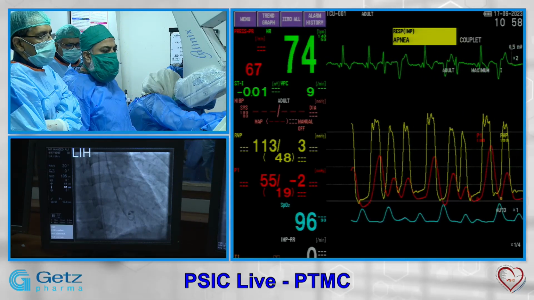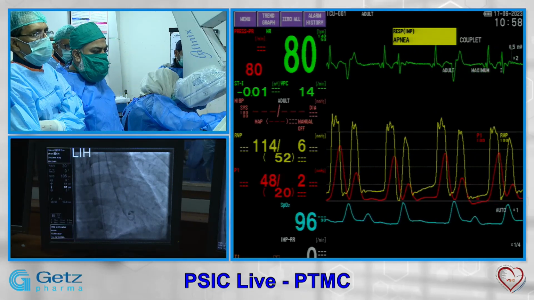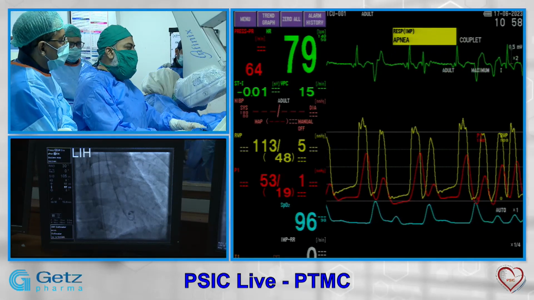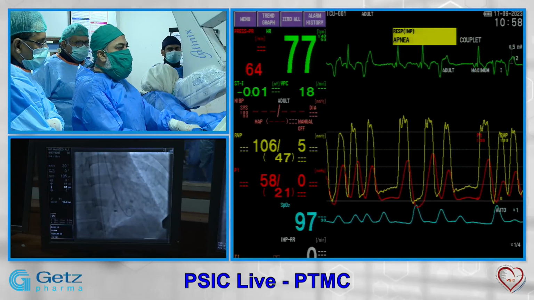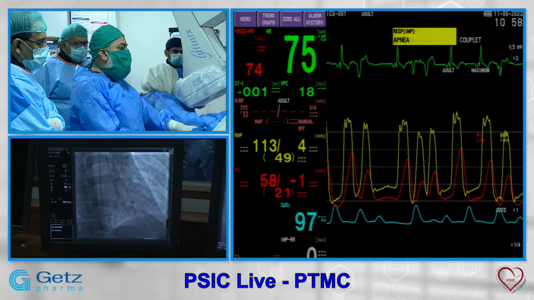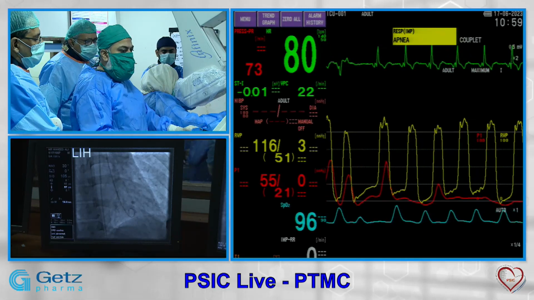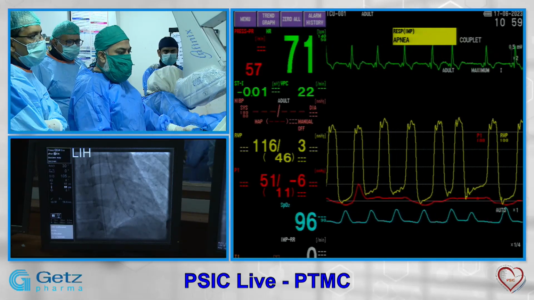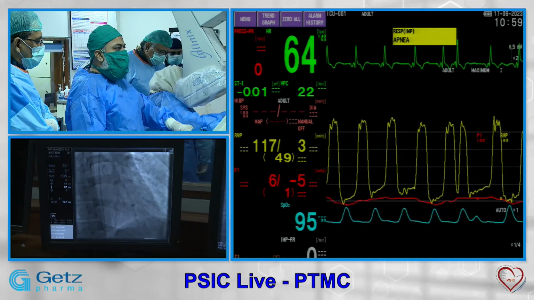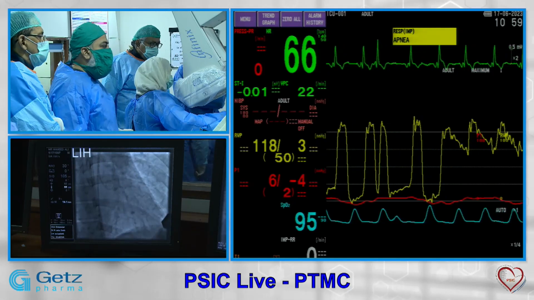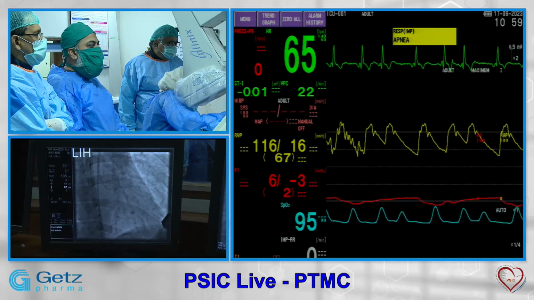So RV pressure has dropped from 85 to 50. These are the immediate results, and we are not usually looking for this much, but this is what we usually see, that the patient gets immediate relief. So EDP has not increased. The EDP is still around 5 to 10. So there is no MR on echo. Dr. Sumaya says everything looks good.